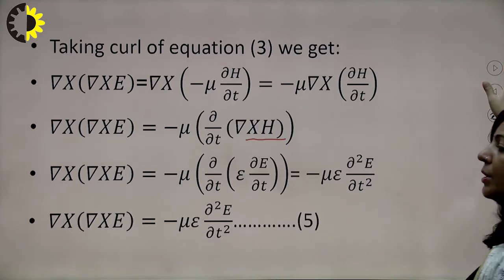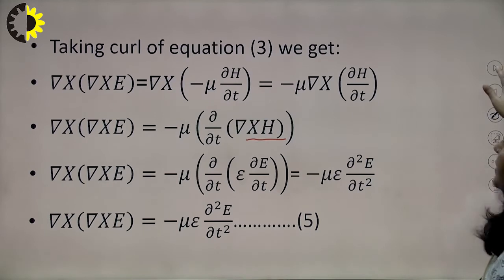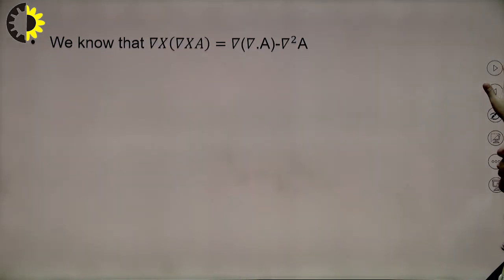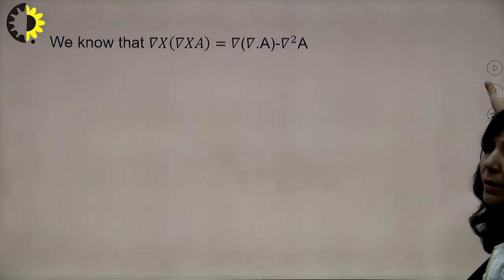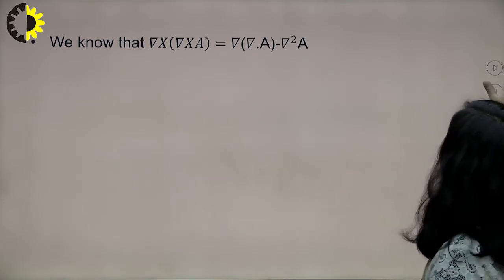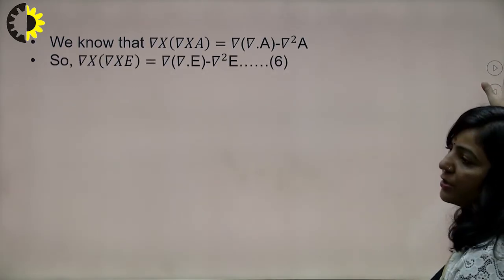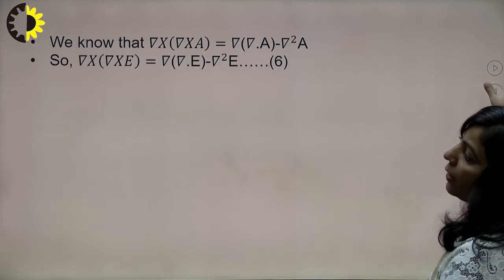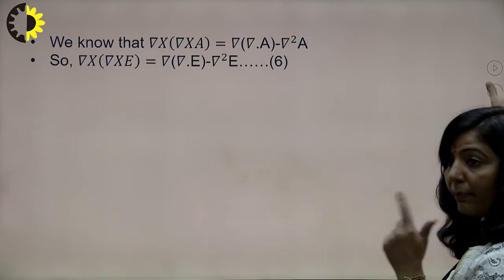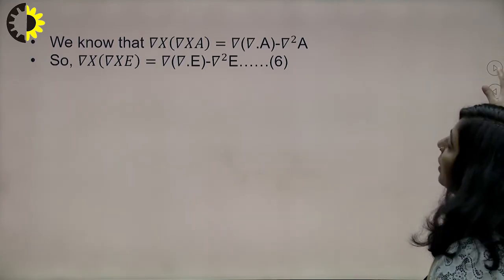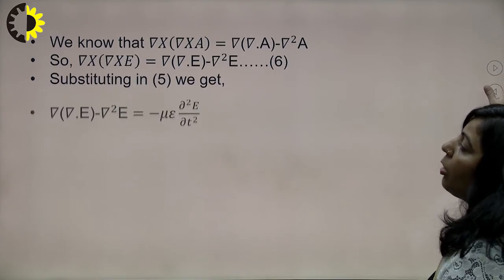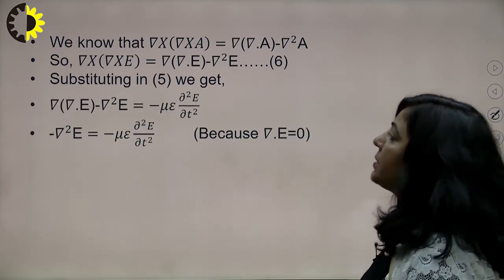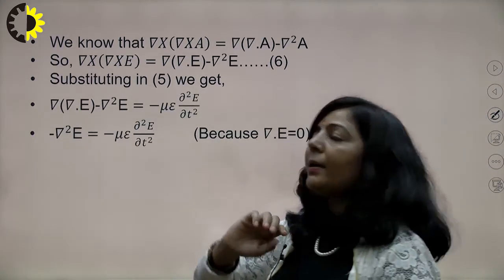Now what is the next step? You have to simplify your left hand side. You will simplify it using this identity: curl of curl of any vector is gradient of divergence of that vector minus del square of that vector. So for curl of curl of E, with similar logic to what you have done in your two derivations, you get gradient of divergence of E minus del square E equals